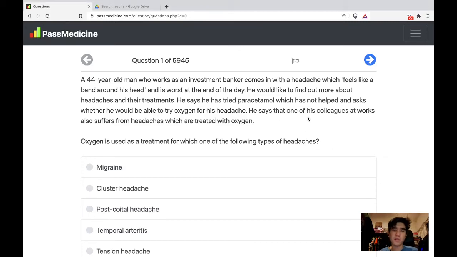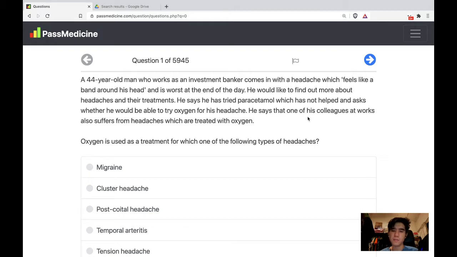A 44-year-old man who works as an investment banker comes in with a headache which feels like a band around his head and is worse at the end of the day. He would like to find out more about the headaches and their treatments. He says he has tried paracetamol, which has not helped, and asks whether he would be able to try oxygen